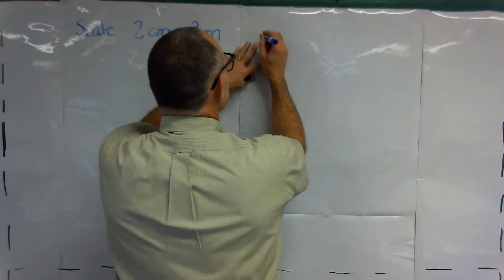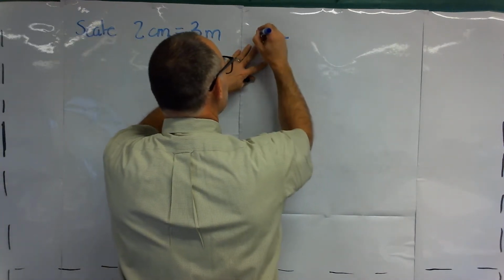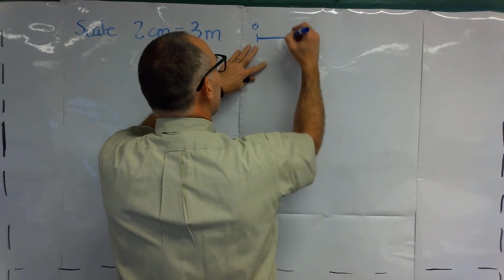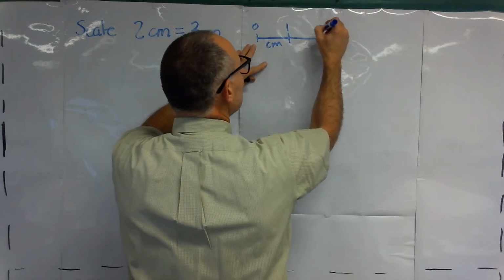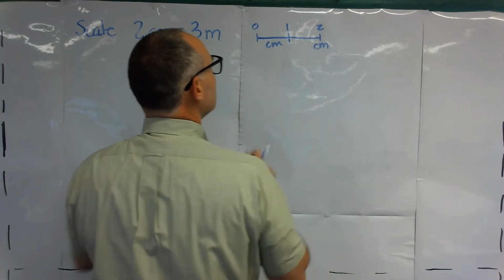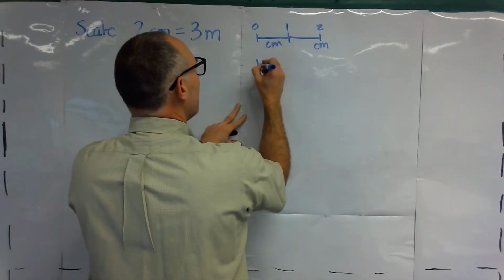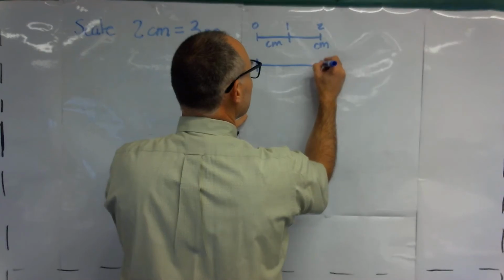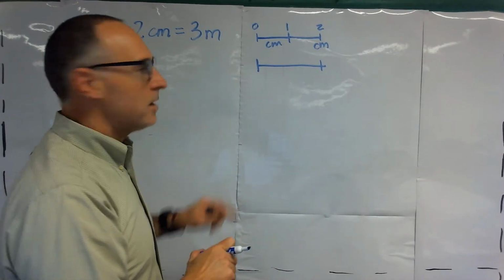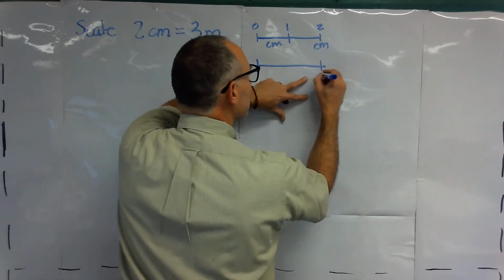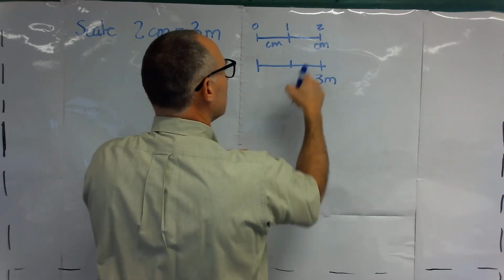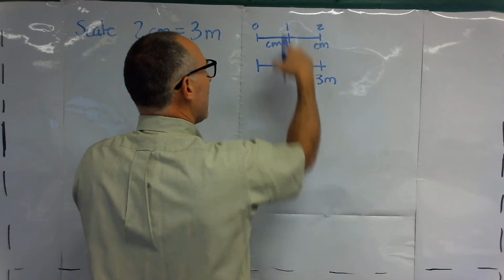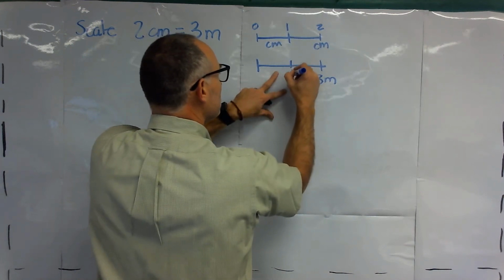Which means that if I go 1 centimeter, 2 centimeters, right? In real life, I'm going 3 meters, and right, that's 3 meters. Half of that is 1, which means this is 1.5